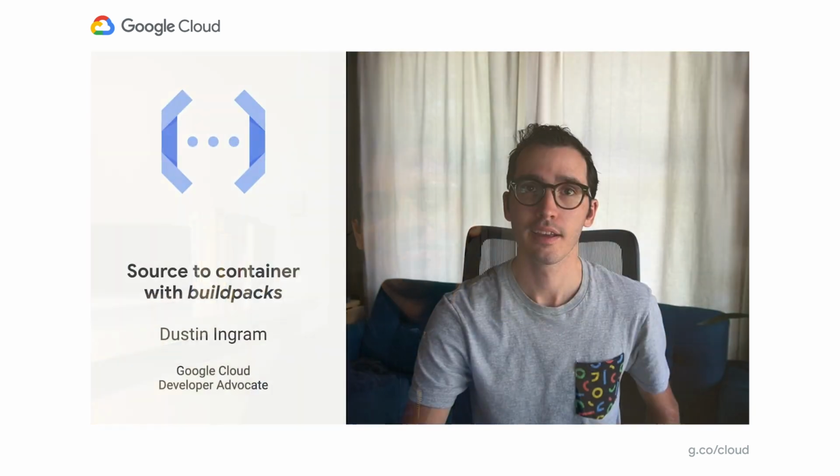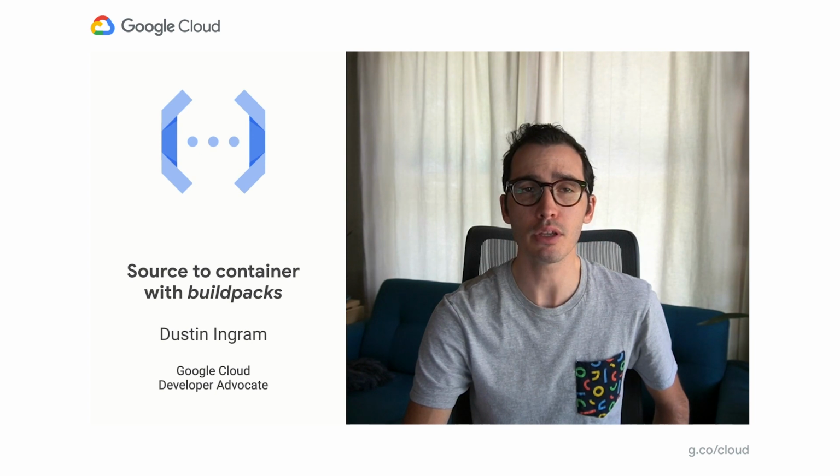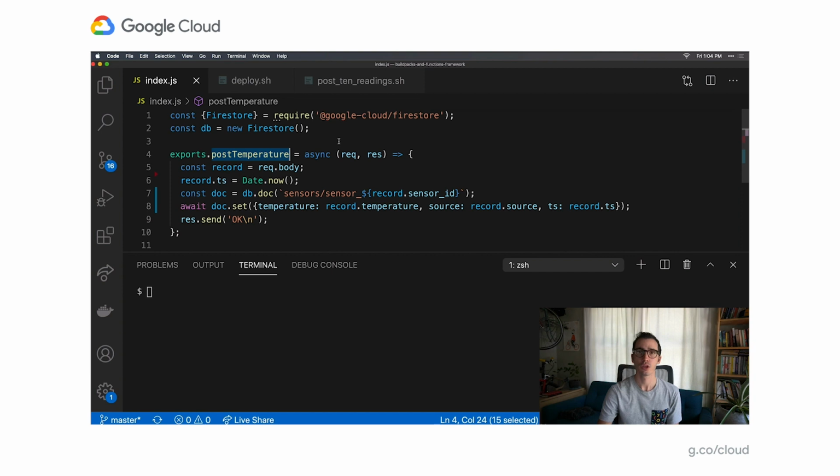And now I'd like to invite Dustin on stage to provide you a demo on functions everywhere to walk you through this vision. If we're a developer who's not used to working with containers, let's see how we can use buildpacks to take our existing Cloud Function with its simple developer experience and have it automatically turn into a container that we can run anywhere, including the powerful Cloud Run, all without having to understand Dockerfiles or how to create a container. You can use buildpacks to turn your source code into a containerized application, either locally